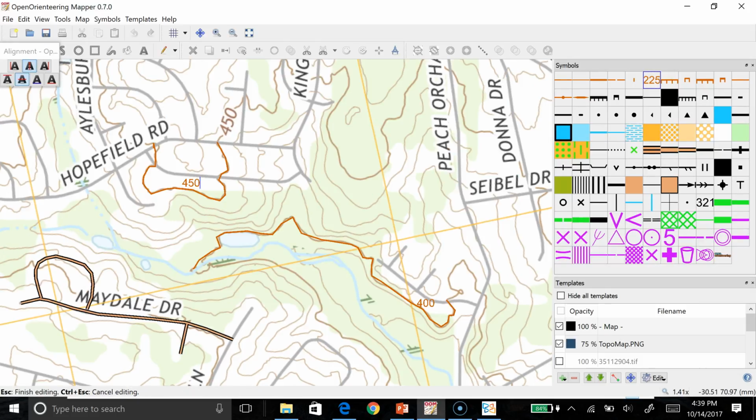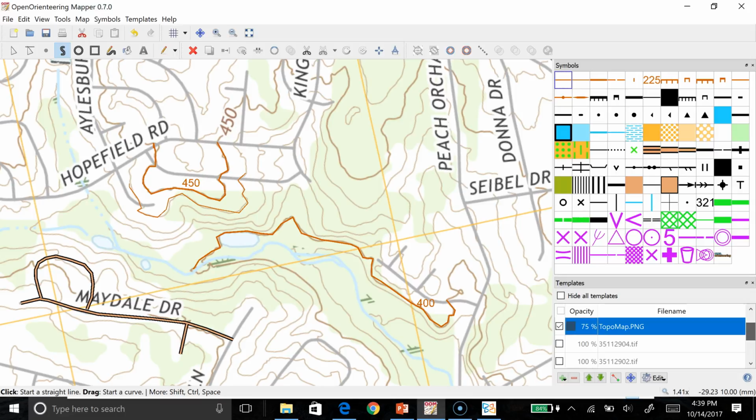I can now go and select the 101 contour and do my other contour lines. And I'd be a little more detailed if I were wanting to make a good map. So we get our contour lines in. If I want to get some other pieces of information in, I can bring my images in,